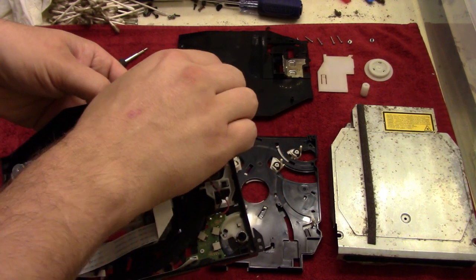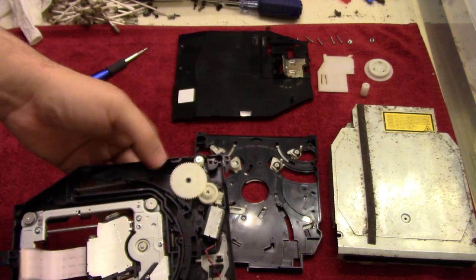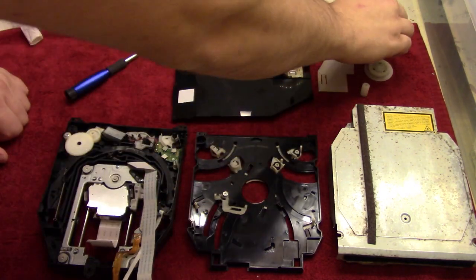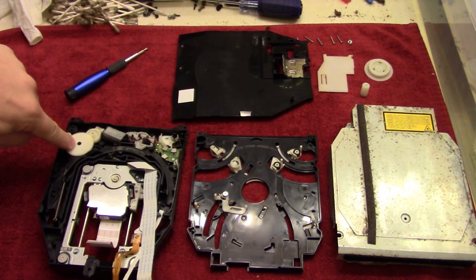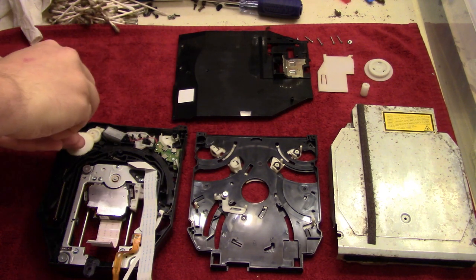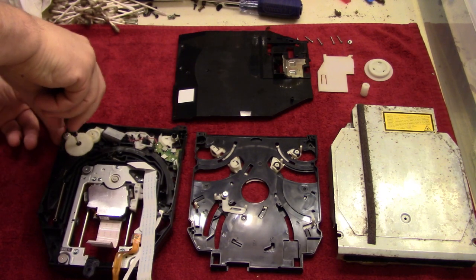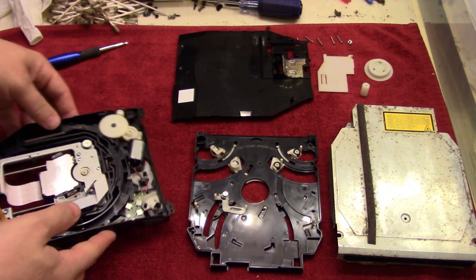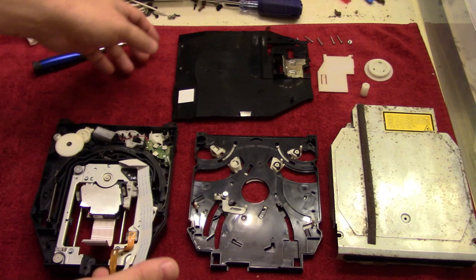So I think we'll have to do it one more turn, maybe there. Yeah, that's good. So we don't want this to fall back down. And then, as I said, we'll take the black flat screw and put it in the black socket, and screw that down just like that. Next we're going to put the bottom casing on top of this and feed the